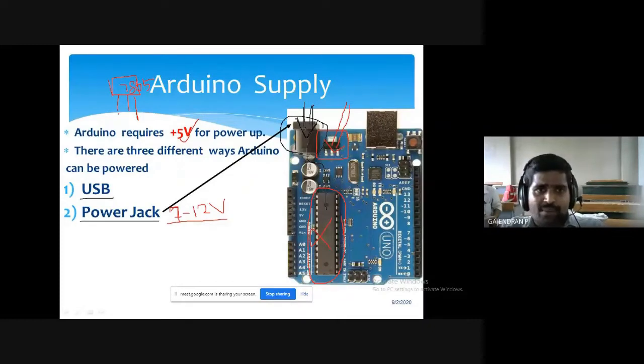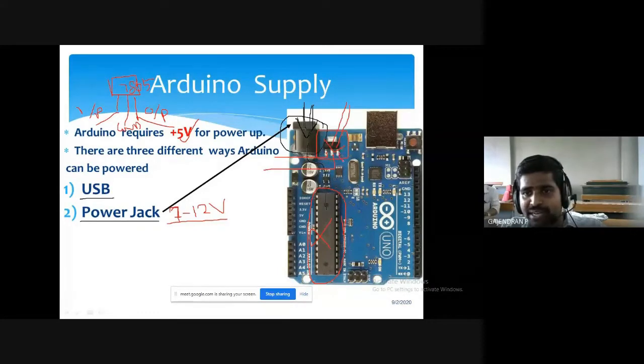In general, the voltage regulator has 3 pins. One is the input pin. The last pin is the output pin. The middle pin is the ground. Then what will happen? If I give some extra voltage in these 2 pins, it will regulate and give the